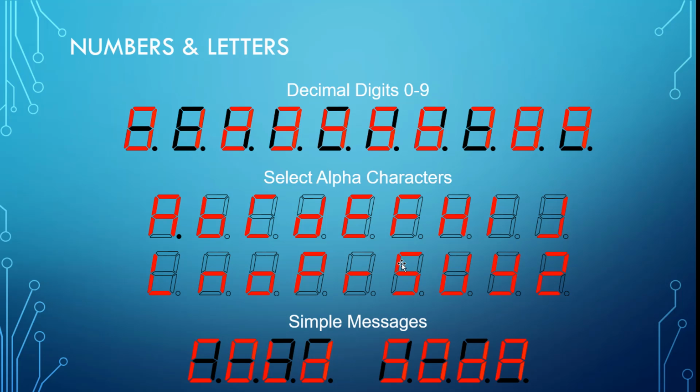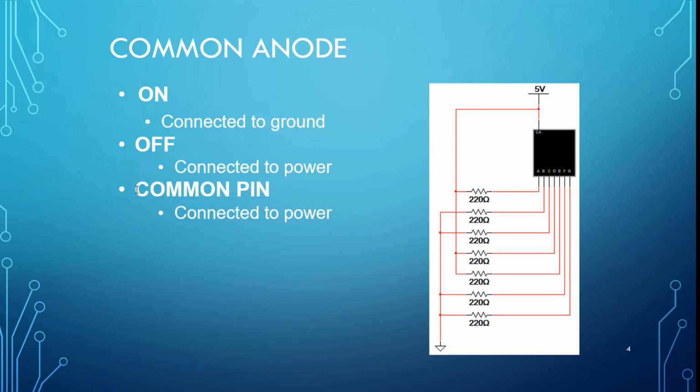We can make an R. We can make an S. We can make a U. Y and Z. Can't make a W though. So this is just an example of a simple message that we can make: cold soda. Okay. Going back to the common anode,